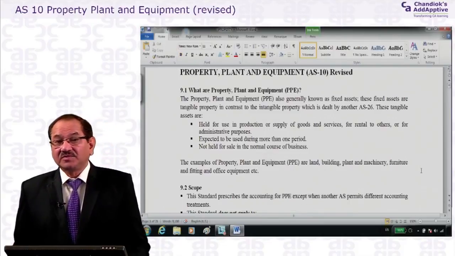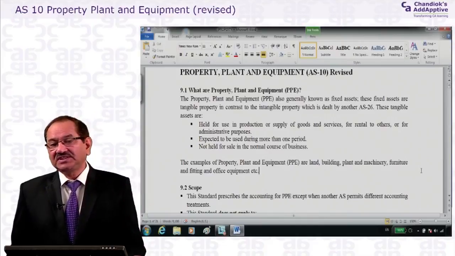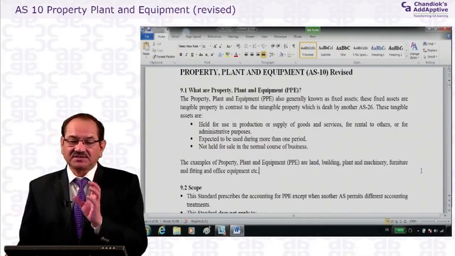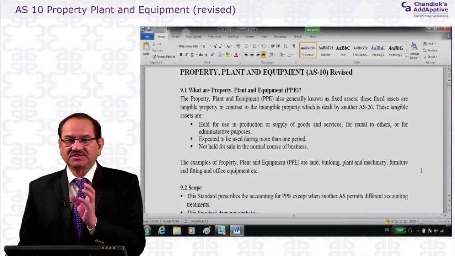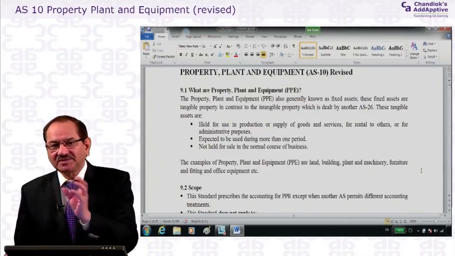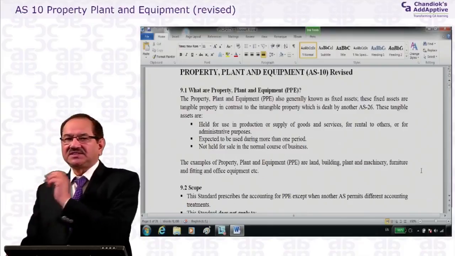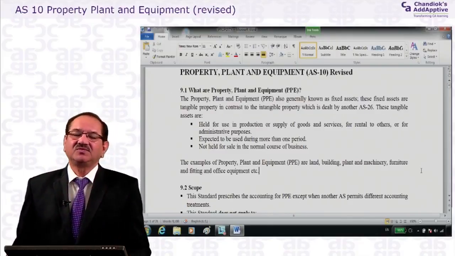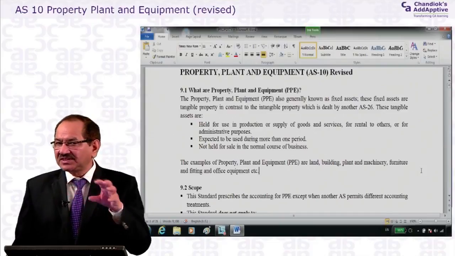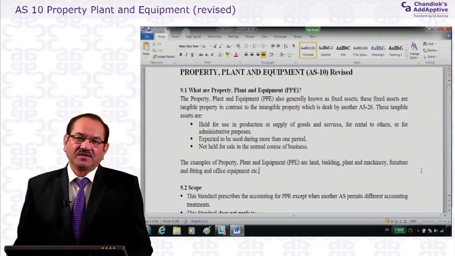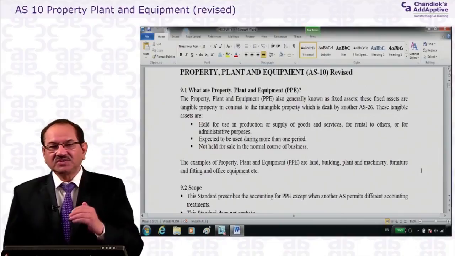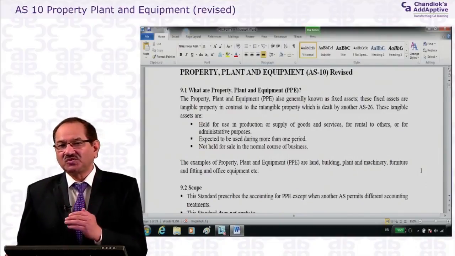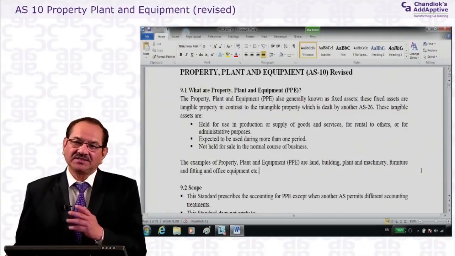And in Schedule 3, if you see, the instructions are that if there are contradictory provisions, where Schedule 3 says something and the accounting standard says something else, it is the accounting standard which will prevail over Schedule 3. That is also written in the instructions in Schedule 3. And therefore even though Schedule 3 was saying that the proposed dividend will be disclosed and will not be recognized as a liability,